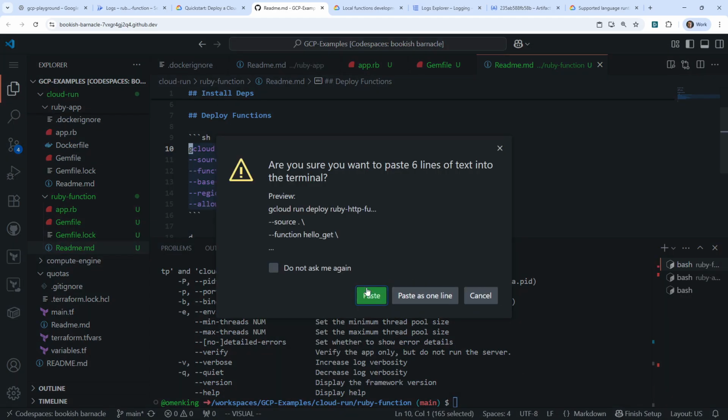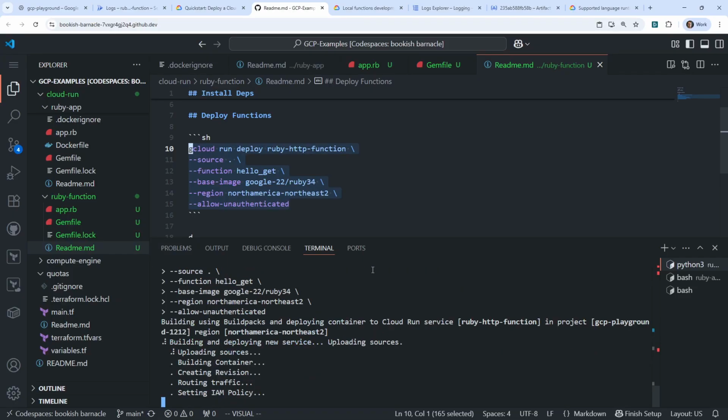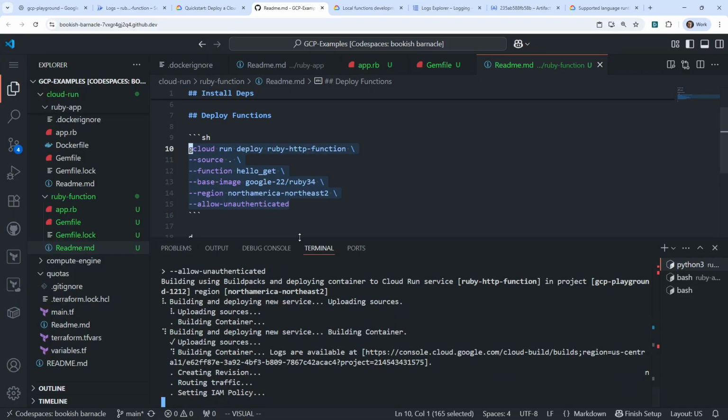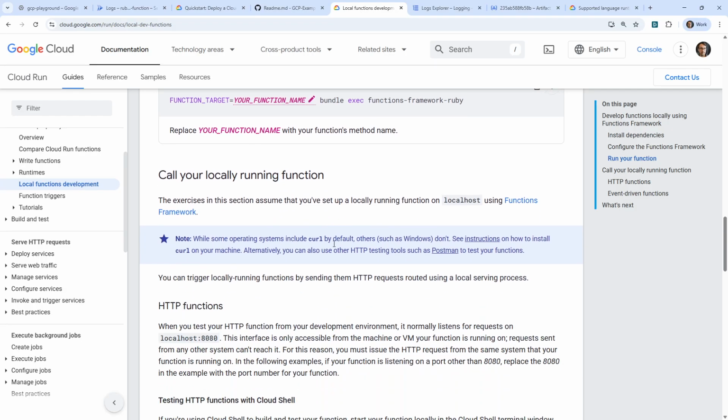Copy. And we'll paste that in again here. We'll hit enter. And we'll try to deploy one more time. If this doesn't work, we'll give up. But at the very least, you can see that we are debugging the logs. We're trying to figure it out. If Google's tutorial does not work, then it's not worth our time, at least not in the Ruby version. But it really should work everywhere,